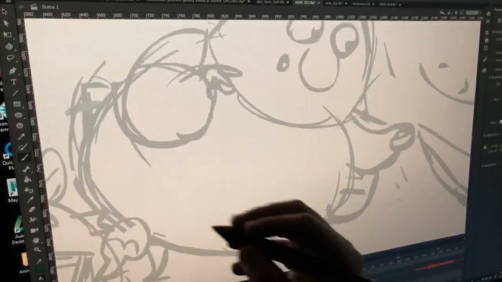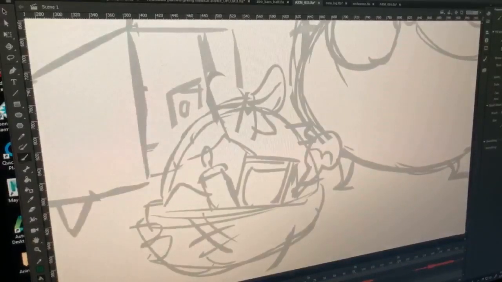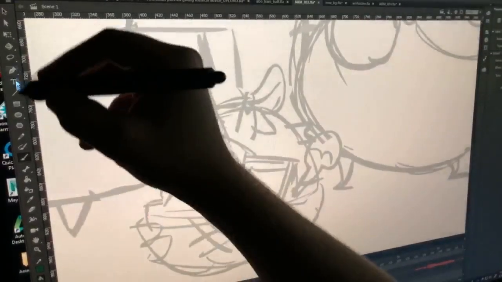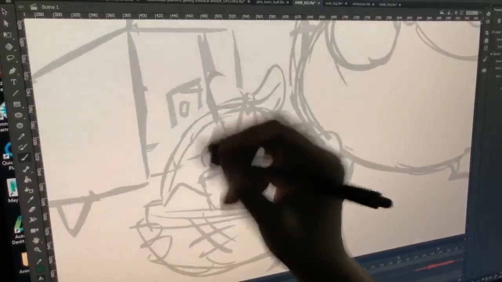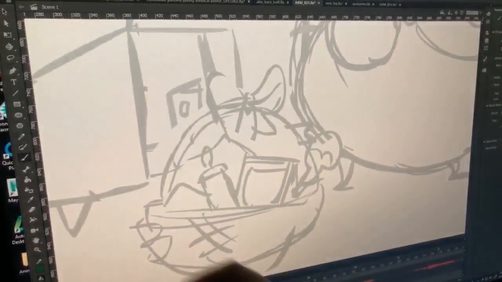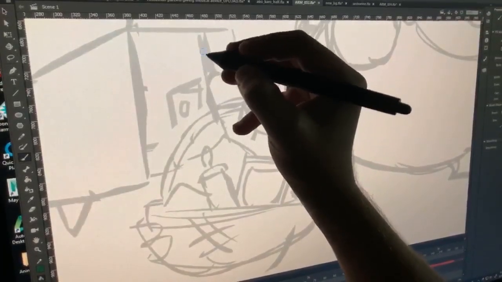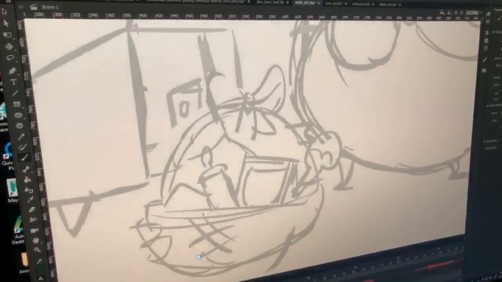Okay, so gonna go here on the animation layer with my, now see if I draw. It's darker because it's on a different layer. And if you notice that my lines are staying the same thickness, I'll actually go and turn that off.